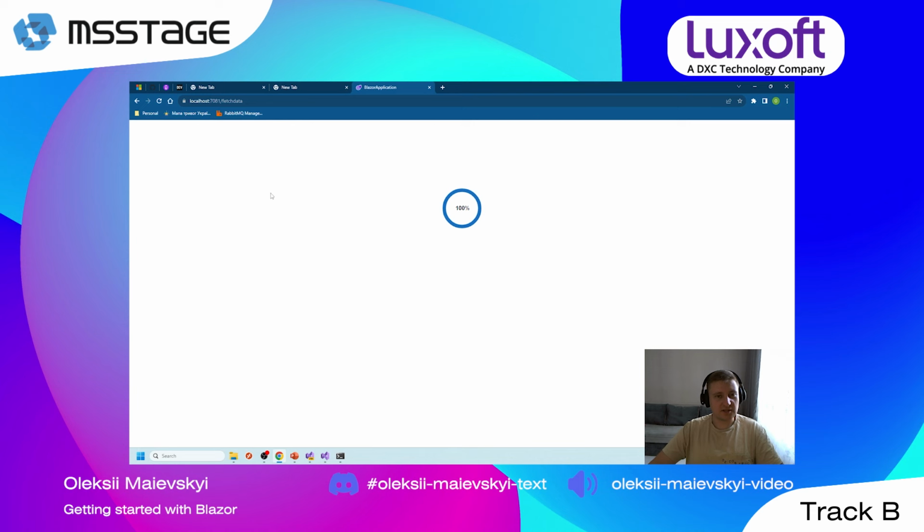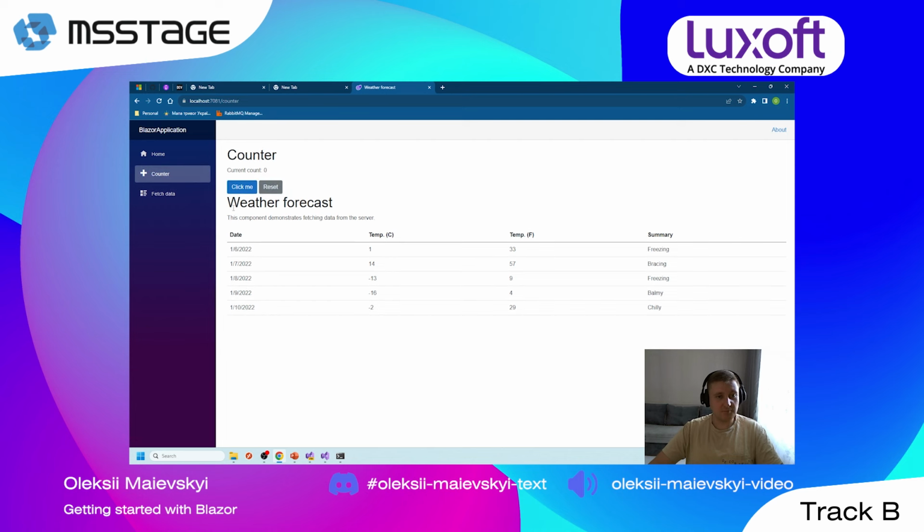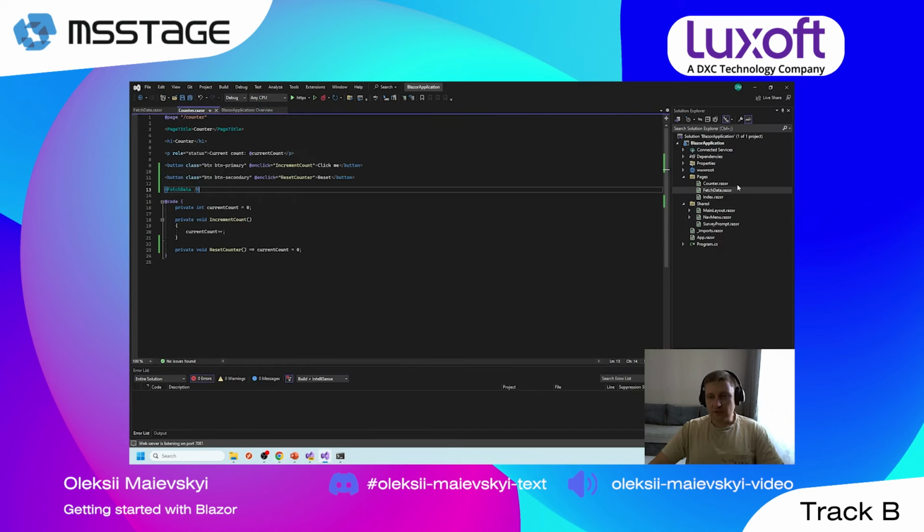So essentially, I expect that it will remove all my counters and replace them with the fetch data, but the forecast fetch data Razor component makes a copy and moves to the counter. And that's actually easy to interact with, and easy to work with. You can create a few Razor components and insert them whenever you want and whenever required, through all the requirements you need. Okay, that's actually all from the